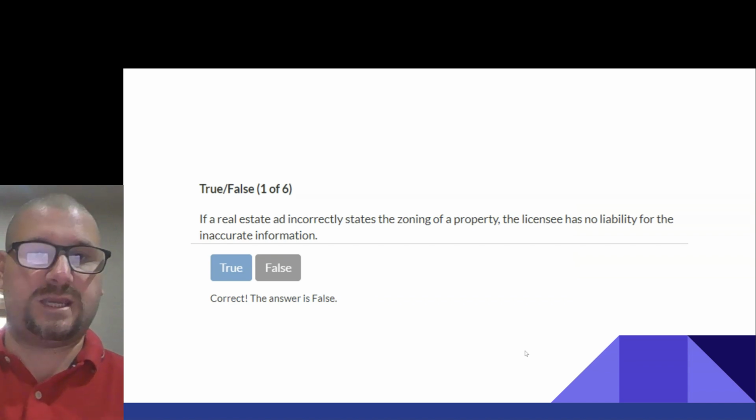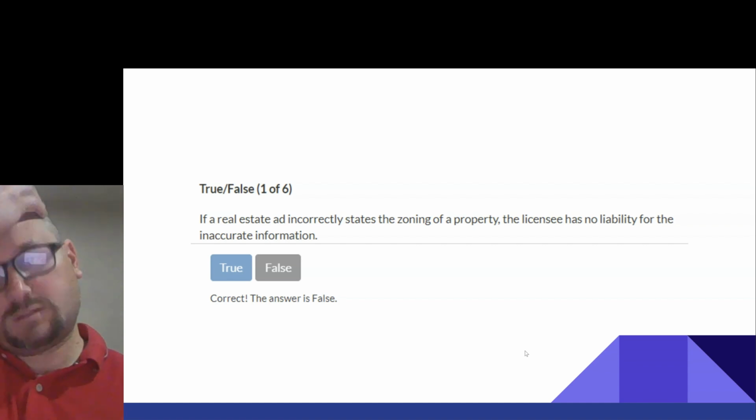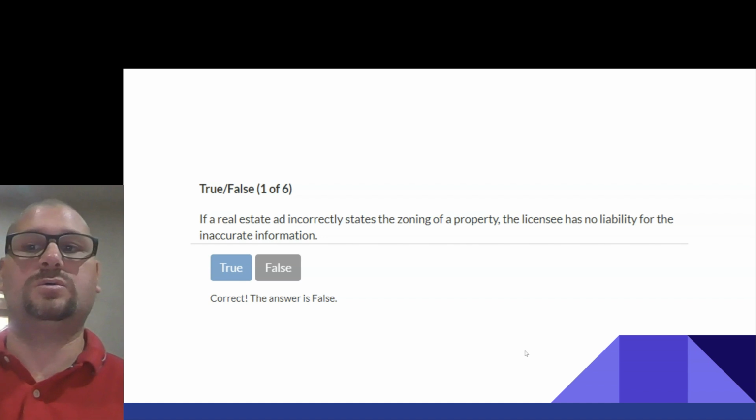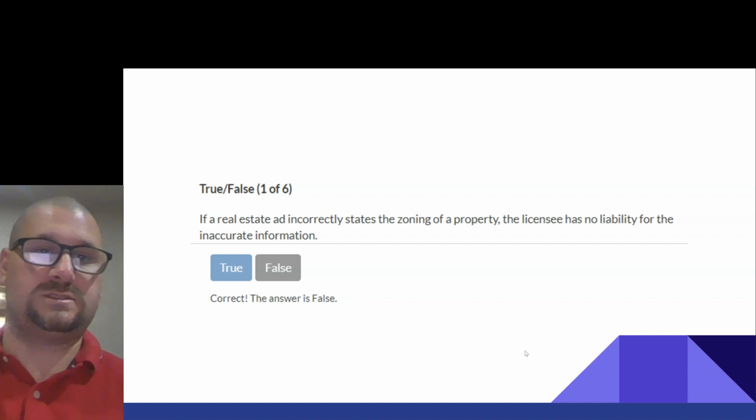If a real estate ad incorrectly states the zoning of a property, the licensee has no liability for the inaccurate information. False, right?